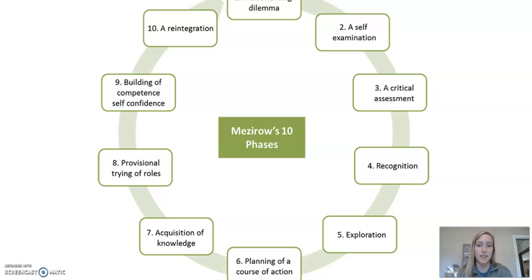That disorienting dilemma then allows someone to self-examine their assumptions and go through some kind of critical assessment of what they believe, including assumptions about society, and ultimately transforms someone's assumptions into an acquisition of knowledge, integrating this new knowledge into their identity, their values, what they previously thought. Over time, this can absolutely transform the way that someone thinks about any given topic.